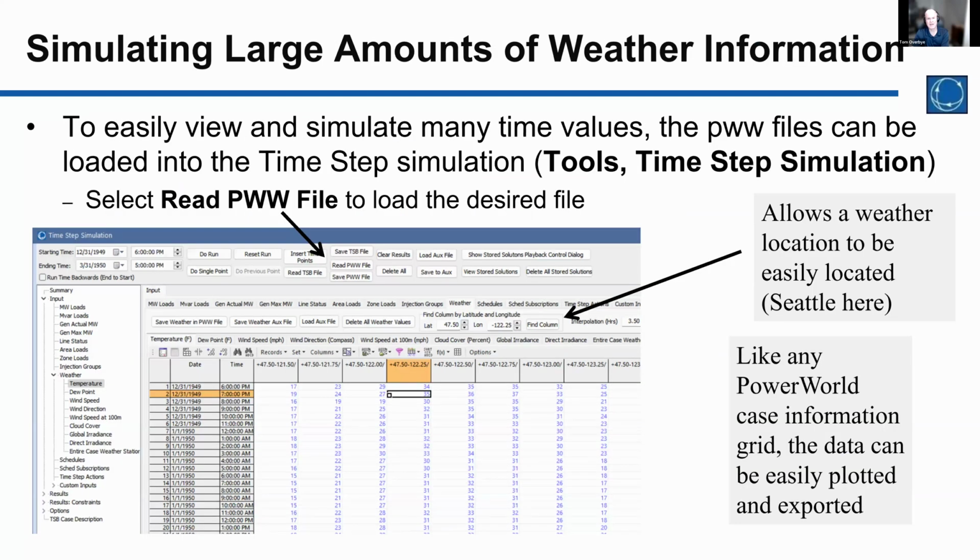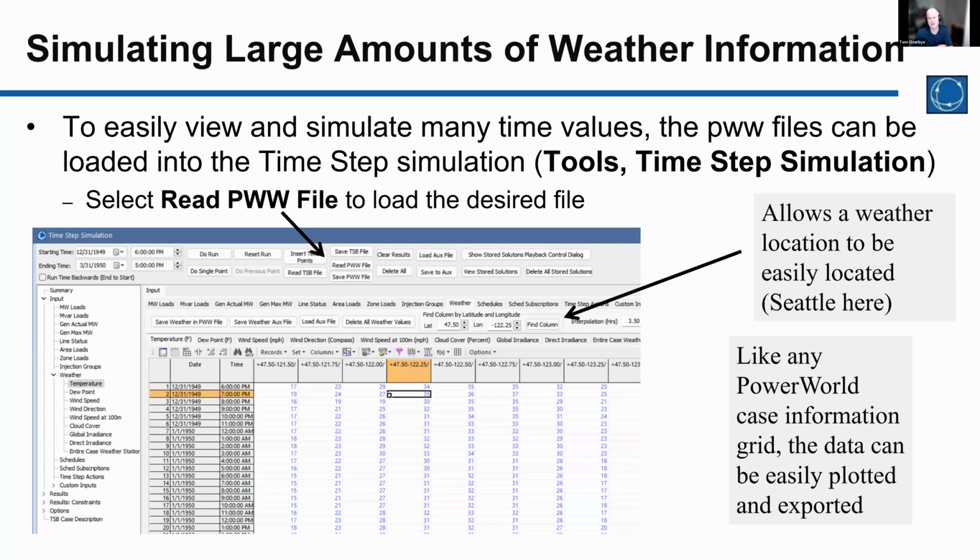If you want to get a lot of data, and a lot of times when we're doing analysis on this, we're looking at the whole data set. So we analyze 1940 going up to the present to look for outliers, wind droughts, solar droughts, things like that. The tools time step simulation has a lot of weather capability. If you just open up tools time step simulation, there's a button called read PWW file, and that just lets you read a